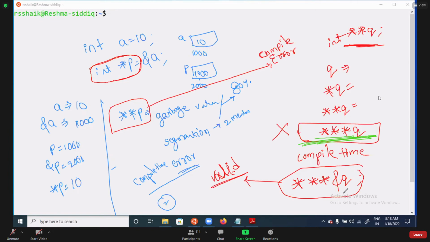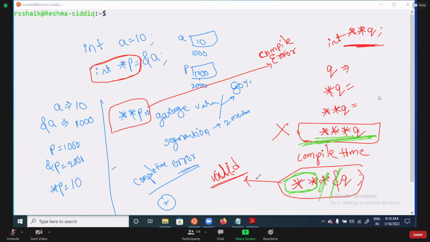But coming to here, try to analyze q. Here address and dereference are there, and both get cancelled. If both get cancelled, then how many times are you dereferencing q? Only 2 times. Only 2 times you are dereferencing, so that's why it is valid.